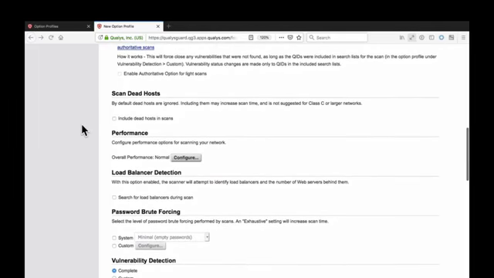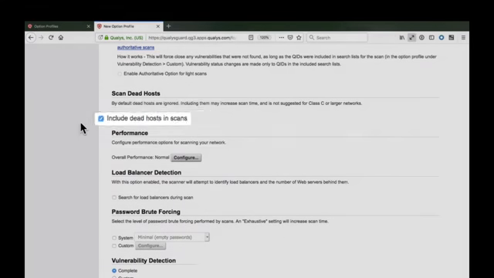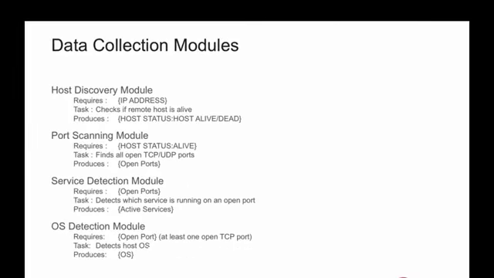As was mentioned earlier, by default, assessment scans are only performed on live host assets. You can override this default behavior by selecting the Scan Dead Host option here in the Scan section of the option profile. Once the TCP and UDP port scanning modules have completed their respective tasks, the list of open TCP